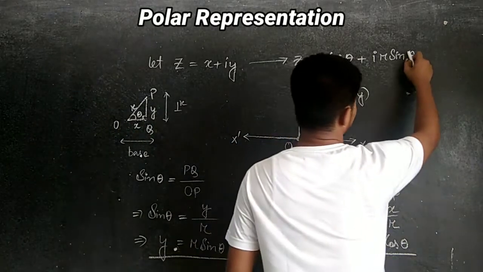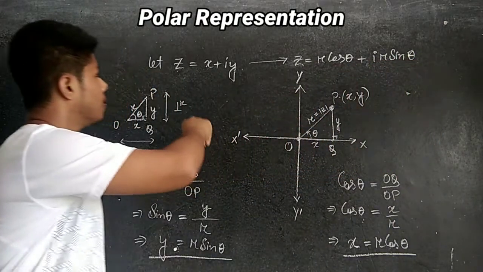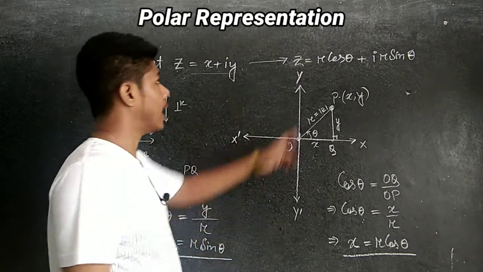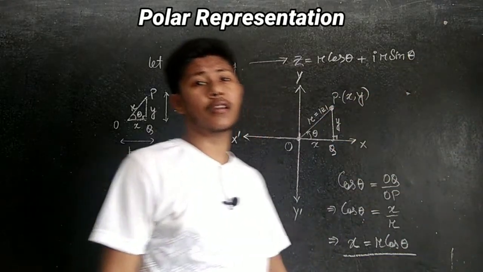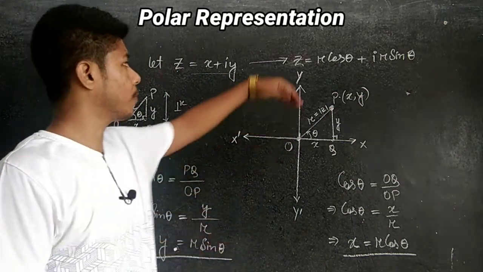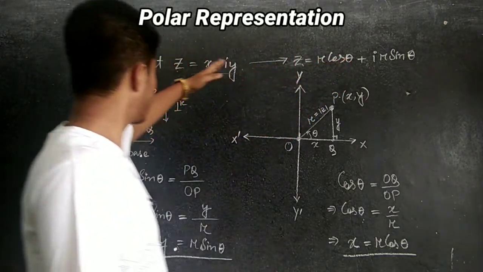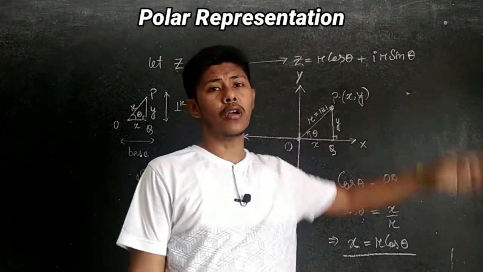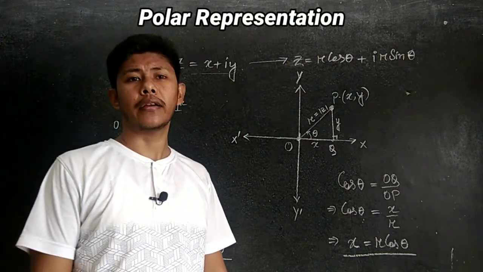You see here this one. So now the name of this result is what? The Cartesian form, and this, r cos theta plus i r sin theta, is what? The polar form. Is it clear? So from the polar form we can convert into Cartesian form, and from Cartesian form we can convert to polar form. Is it clear?